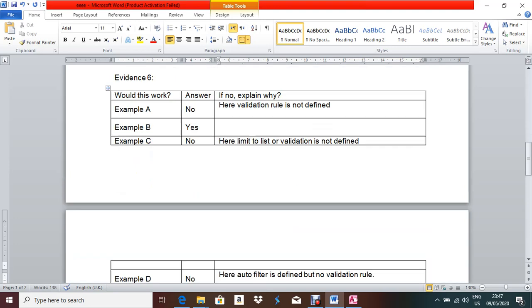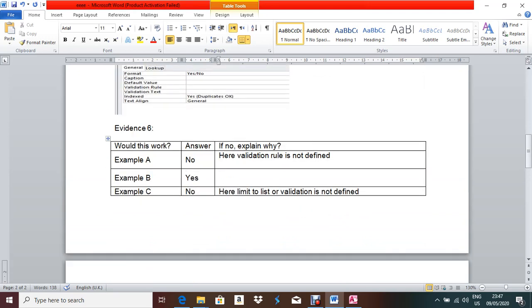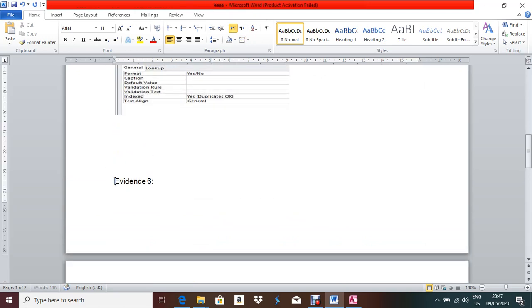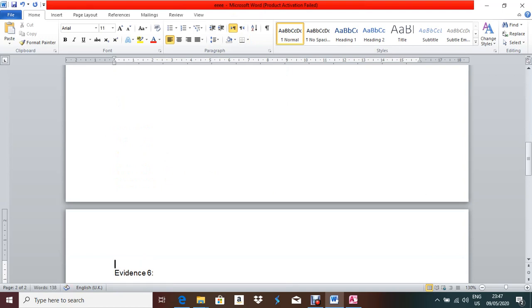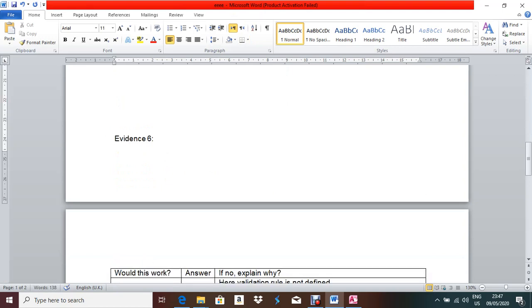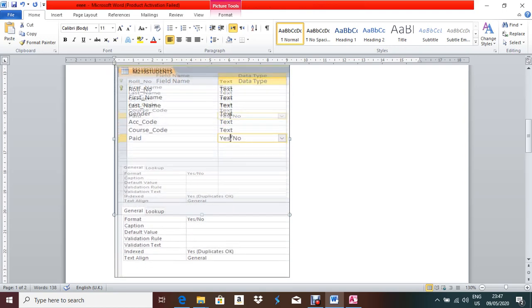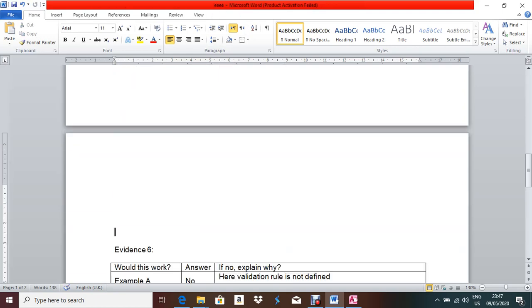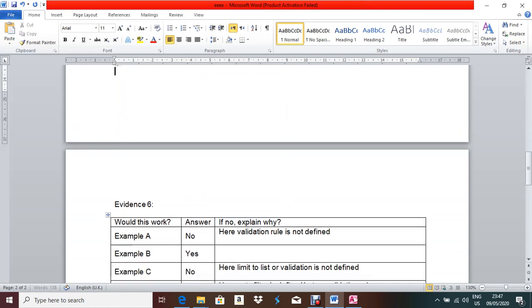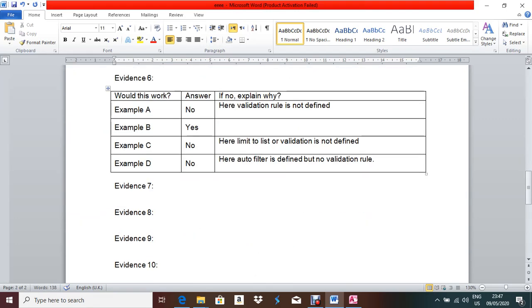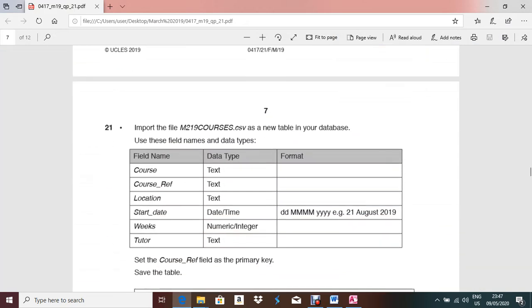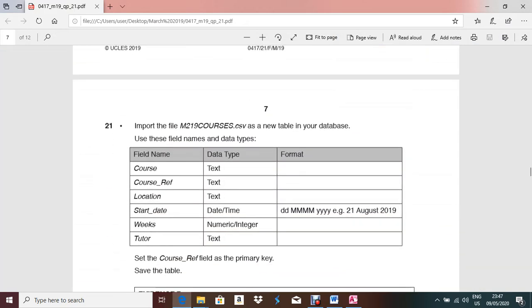Okay, now see this table in the evidence document, this table belongs to the 2 pages, so don't do it like this. Make it 1 page by pressing enter. Then it will be easy for you. You can make it a little bit bigger. Okay, yes. So everything is defined properly, check. Evidence 6. Okay, next question, we can go for the next question. Evidence 6 is done.